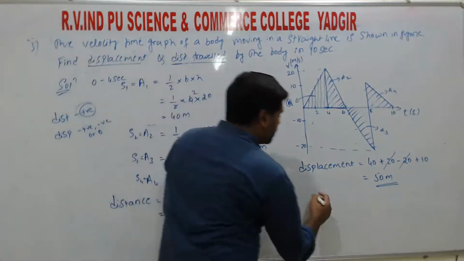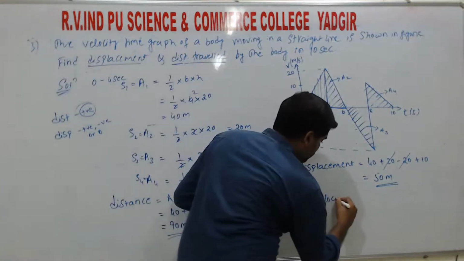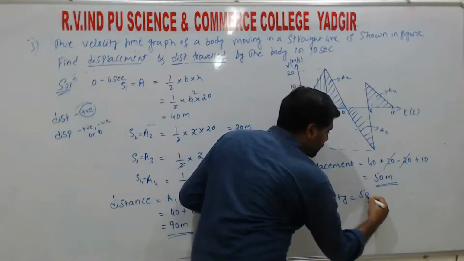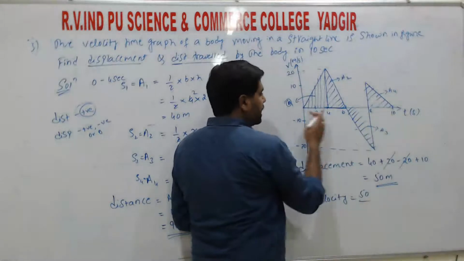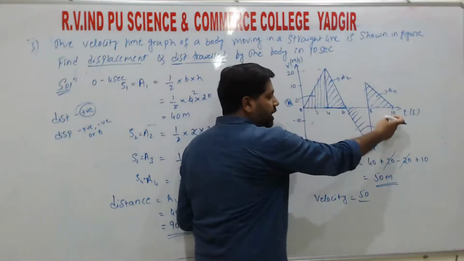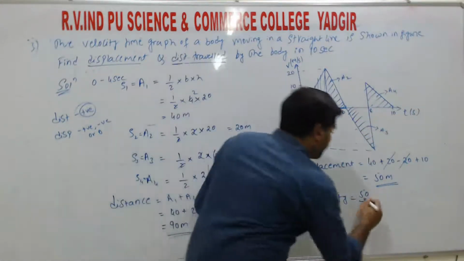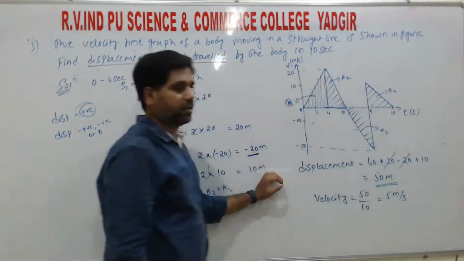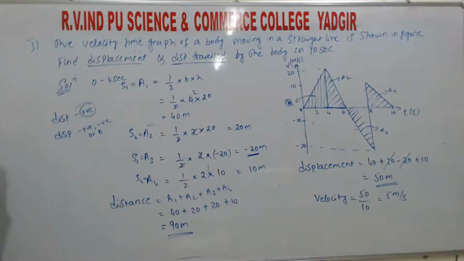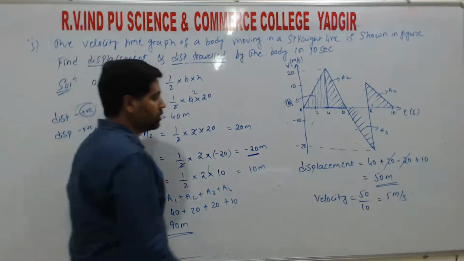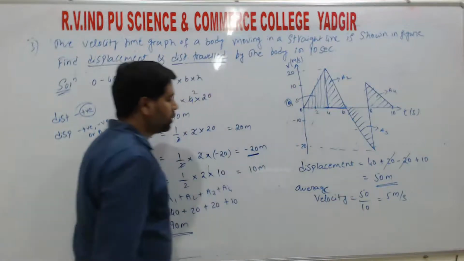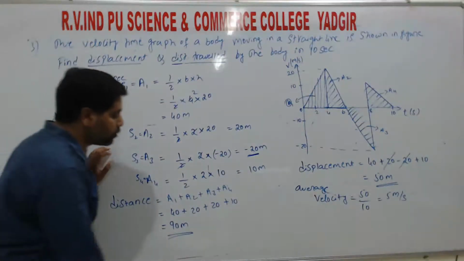So here if we find the velocity, velocity is equal to displacement divided by time taken. The displacement is 50. The time taken: the initial time is 0 and the final time is 10. So that means 50 divided by 10, we get the velocity 5 meter per second. Right? That is the average velocity. So here, if you find the average speed,